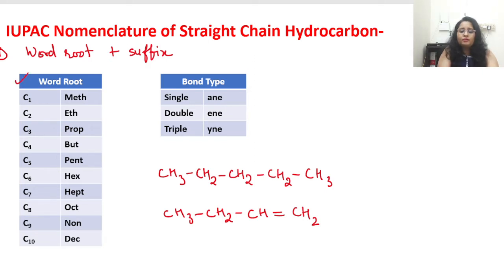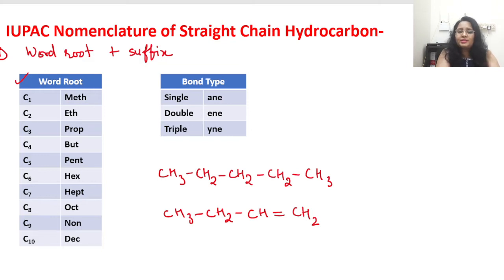If we have one carbon only, the word root will be meth. If it is 2 carbons, the root word will be eth. If 3 carbons, the word root is prop. If 4 carbons, it is but. If 5, pent. If 6, hex. 7, hept. For 8 carbons, it will be oct. For 9 carbons, non. And for 10 carbons, it will be dec. So these are the word roots we are going to use while counting the carbon atoms in the given